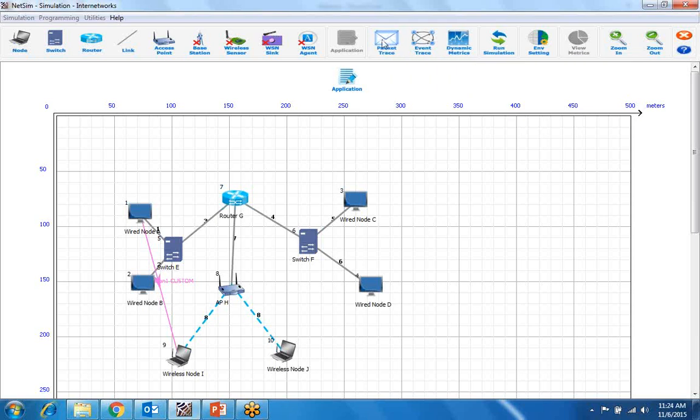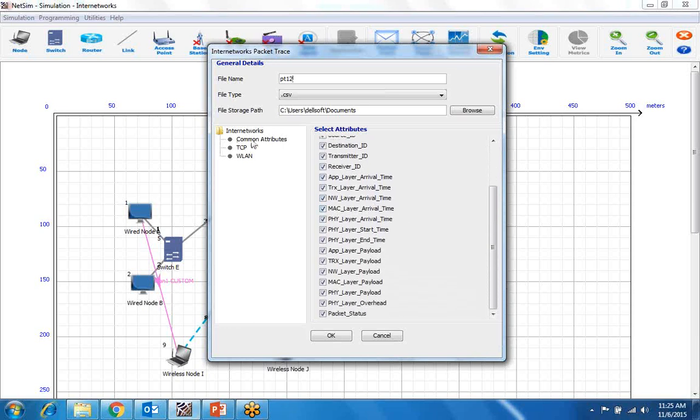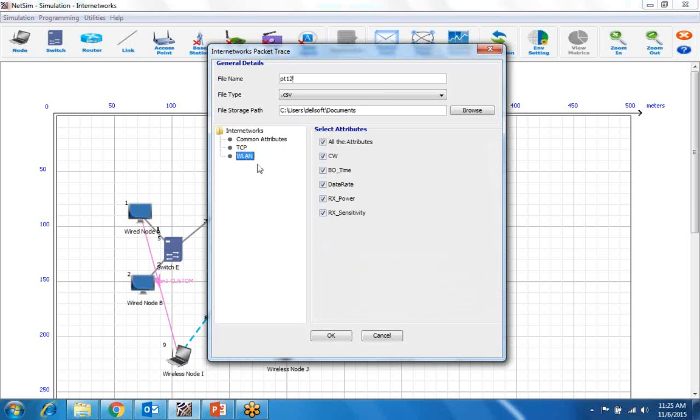So in packet trace, when you click on packet trace, you have to give the file name. File type would be CSV format. It will be stored in documents. Okay. These are the attributes that will show in your packet trace file: common attributes, then TCP, wireless LAN. You have to click on OK.